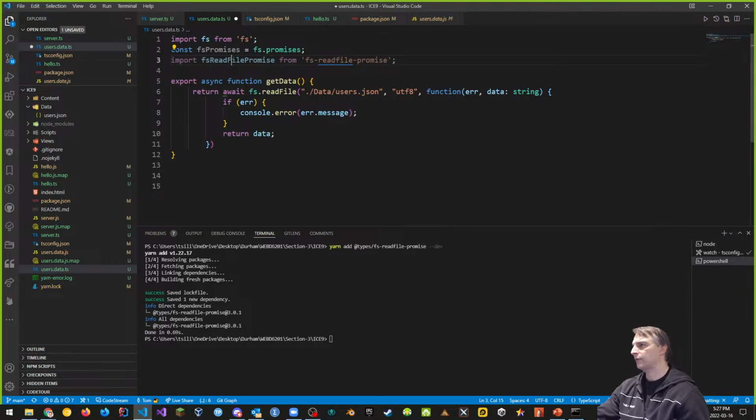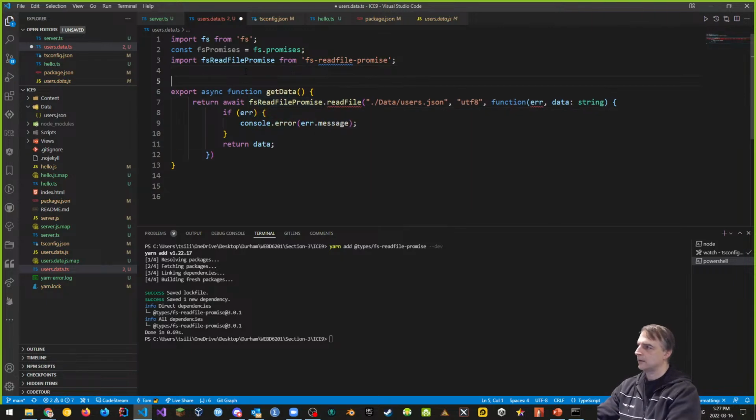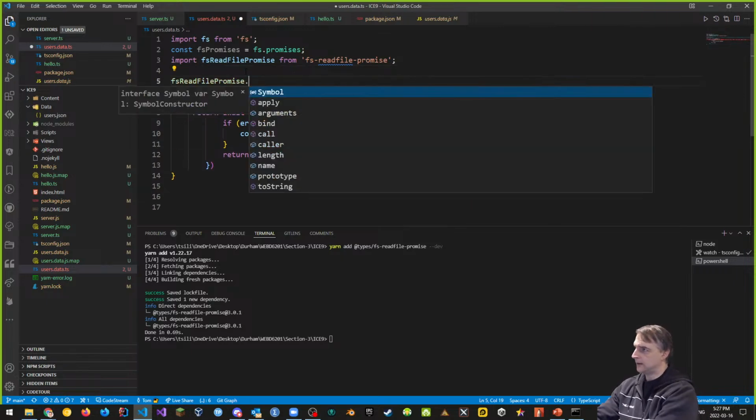Well, let's do that. So fs read file promise, we'll do that. And I wonder if we just can kind of pop that in there. This read file promise dot